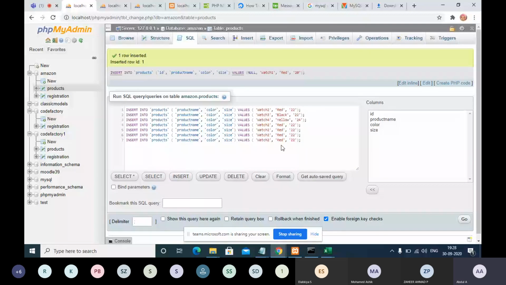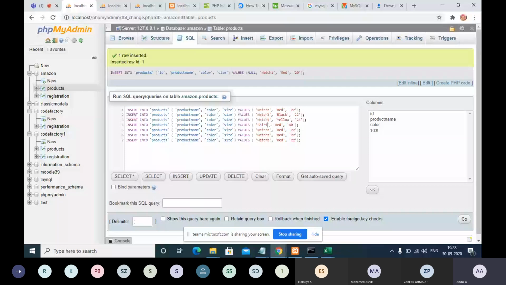Now shirt 1. Yes, I'm putting shirt 1. Yeah, even it can be red, not an issue. I'm just giving the size 40. We can simply keep it as shirt, not an issue.